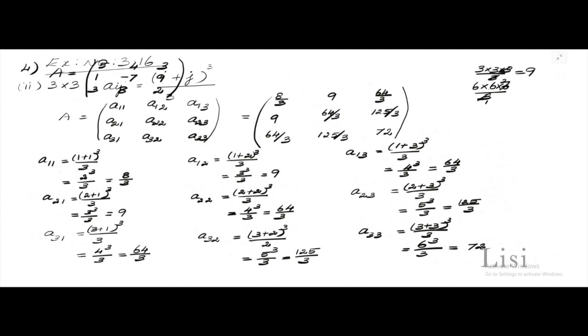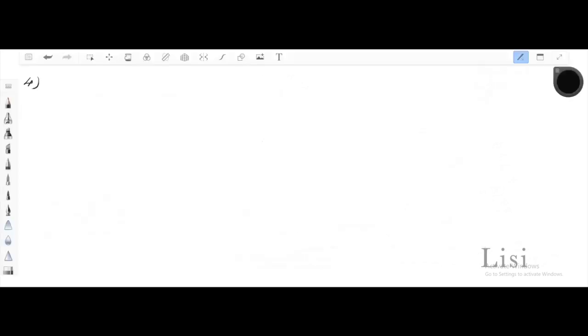This is a 3 cross 3 matrix. Okay. You are asked to find the transpose of A. Fourth formula. A is equal to matrix 5, 4, 3, 1, minus 7, 9, 3, 8, 2. And now you are asked to find A transpose is equal to